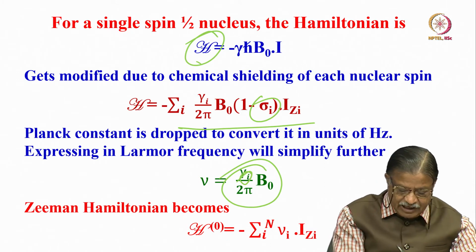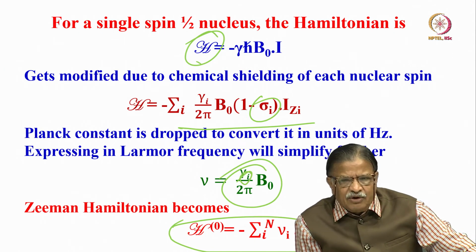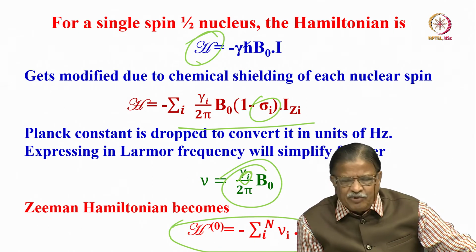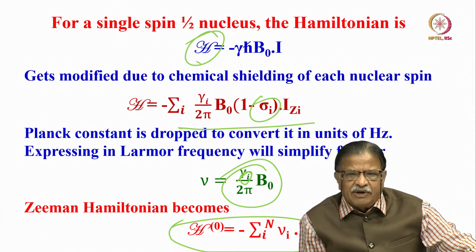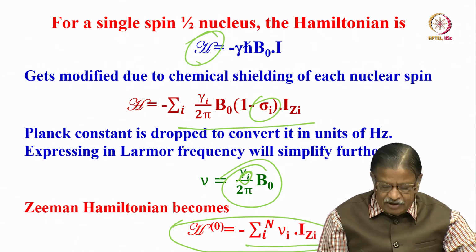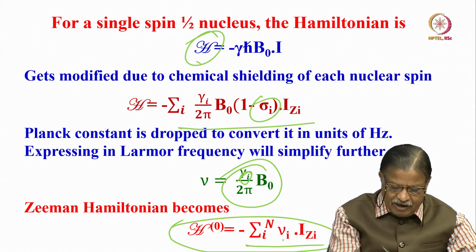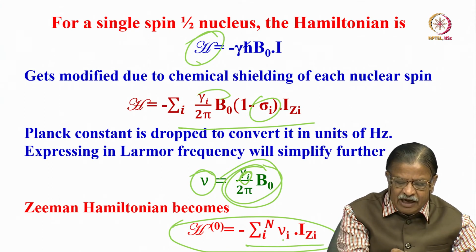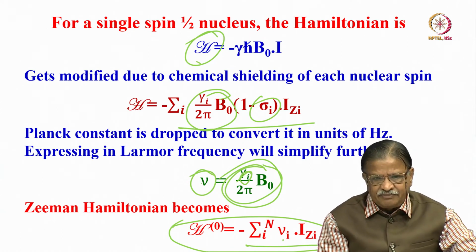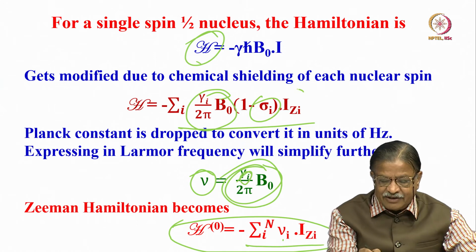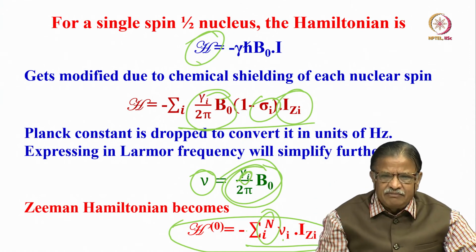So the Zeeman Hamiltonian can now be written as H of 0. This I call H0. For scalar coupling, I will use a different number. H0 is only the direct interaction of the nuclear spin with the magnetic field, taking into account the chemical shielding. This is written as sum over I equal to 1 to n of nu I I z I. Okay. This is the Zeeman Hamiltonian we have written. Because I have written nu equal to gamma B naught over 2 pi, I remove that and put it as nu, expressed in hertz, frequency units, as the Larmor frequency. Then it will become nu I I z I. That is all. Very simple. I have not done anything. If there are n interacting spins, I sum it over n, because each of them is interacting individually.